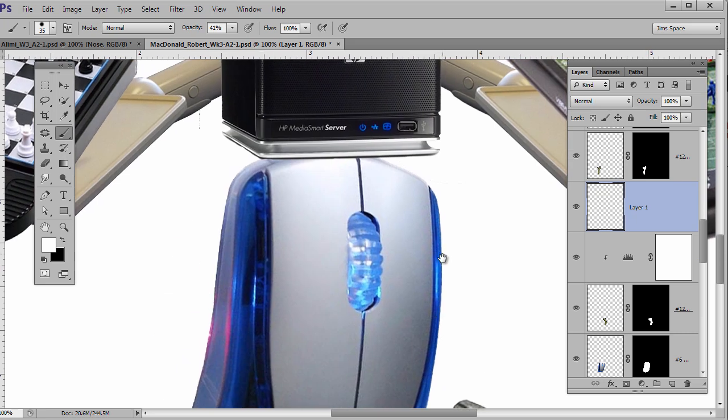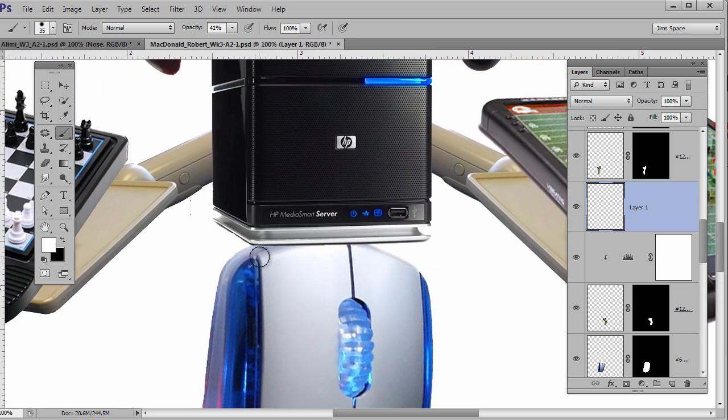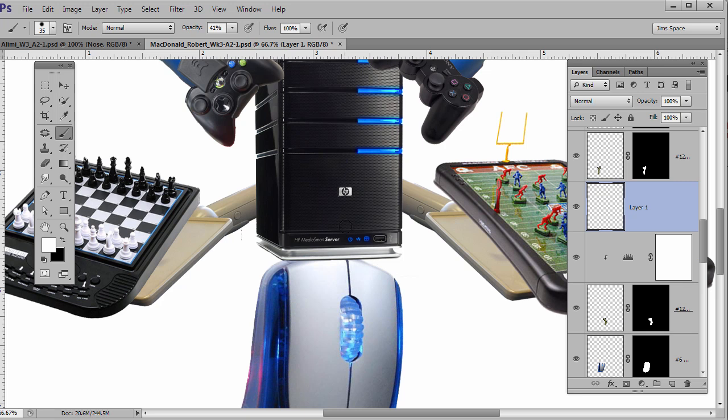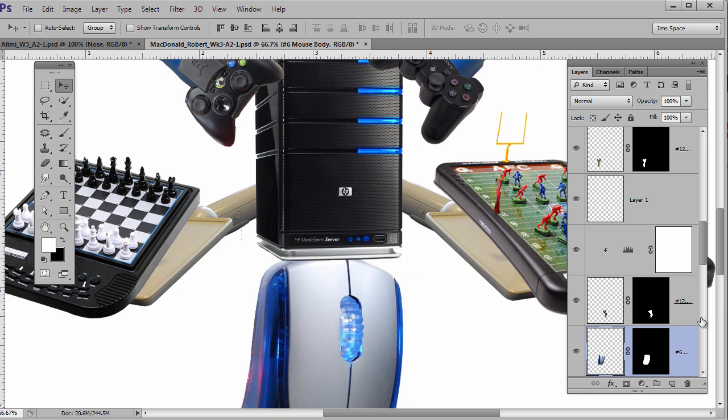All right, next step is I want to create a shadow that's on this mouse, because that's what would happen. That would ground this CPU to the mouse. So let's go to that layer. And I hope I haven't driven you crazy here. All right, so what I'll do now is, and the rest of them are a little simpler, so I'm going